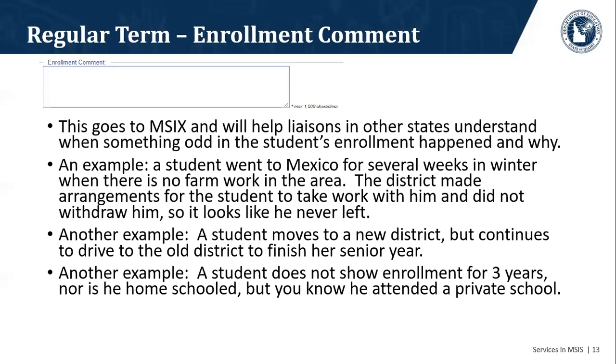So these are the kinds of things that you can put in the regular term enrollment comment. It is not an absolute requirement. It doesn't have the gravitas of doing a COE and whether or not it's going to get approved. But just think of yourself as being super helpful when you put these kinds of comments in there. And we have asked, when the students are not unenrolled when they go to Mexico, we have asked that one for sure be included, just because it really looks odd when they get, especially when they get to M6, and we have continuous enrollment.